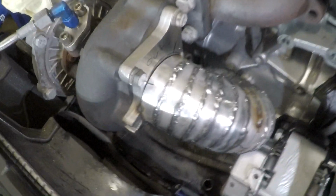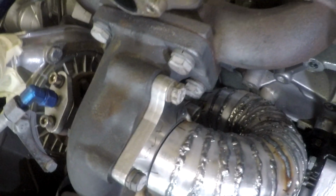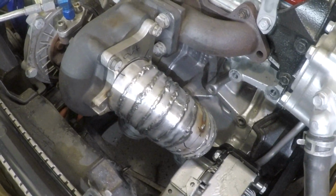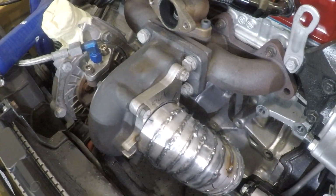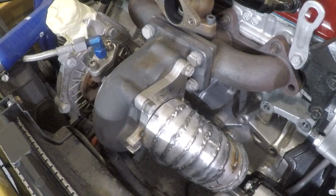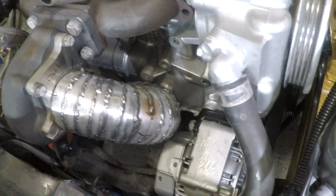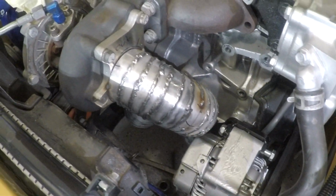I think that this is a really solid setup. I think it's headed in the right direction, and I don't really see myself changing anything about it, so I'm going to go ahead and finish weld it up to that flange there while I have time, and finish off a few more welds that need it. And then I think I'm going to cap off this video there, because the traction bar should be getting here